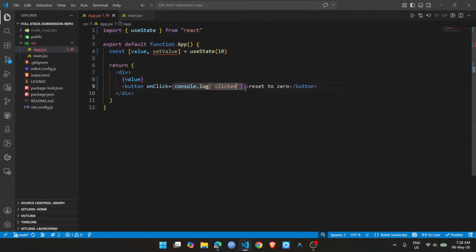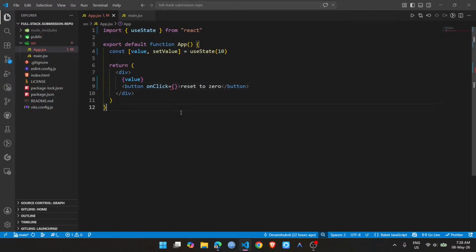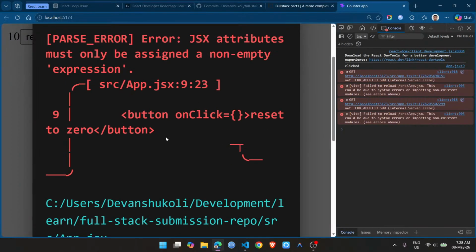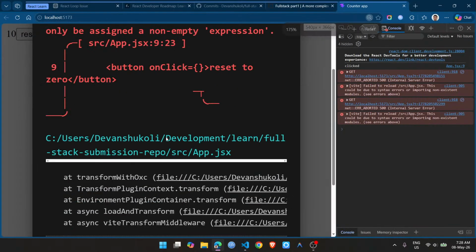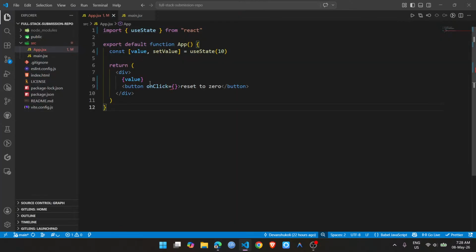Nothing happened because what we are doing is basically onClick. Okay, so what we need to do is